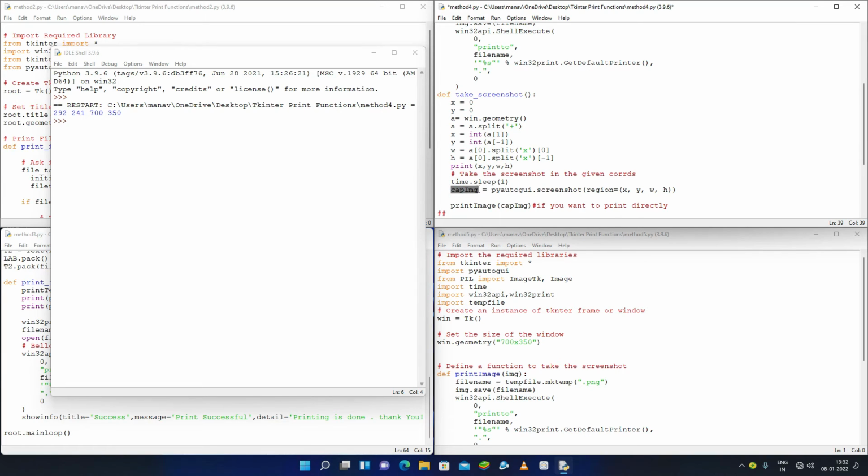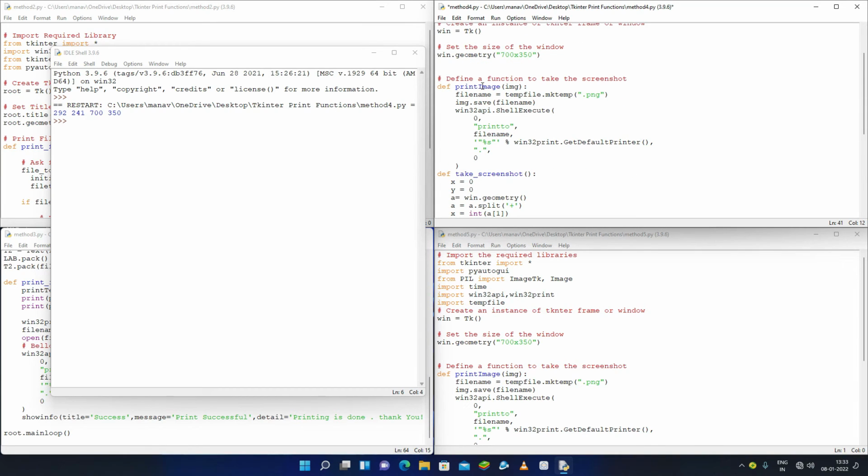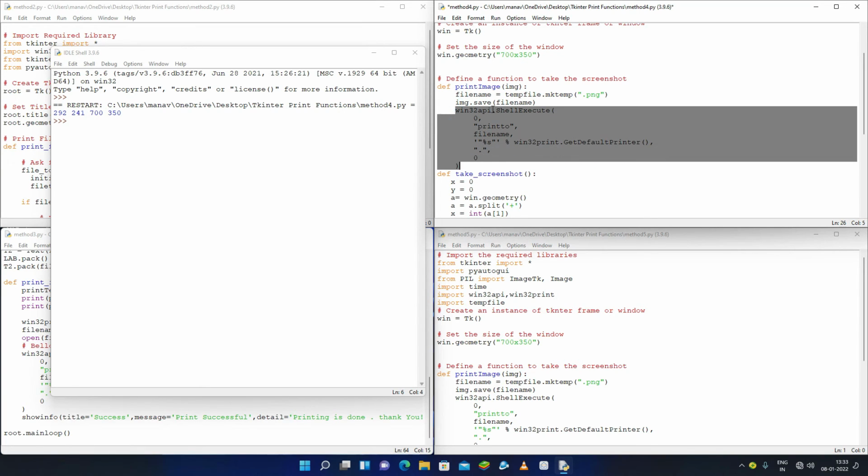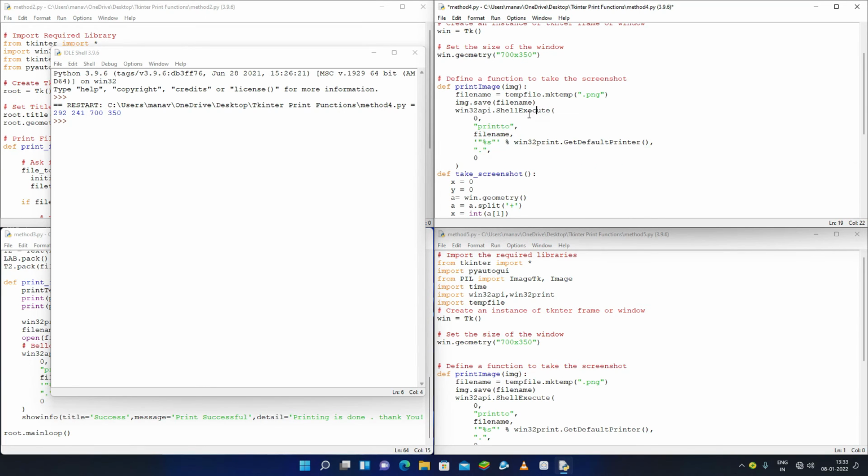I'm getting it into a variable and passing this variable into the print image method, and here it is. Under this method, it first makes a temporary file name with PNG format, and then the image is saved into that file. Then I am calling the same method, win32api.ShellExecute, again, passing print and getting the file name, and then it will print to my default printer. So now it will be printed.